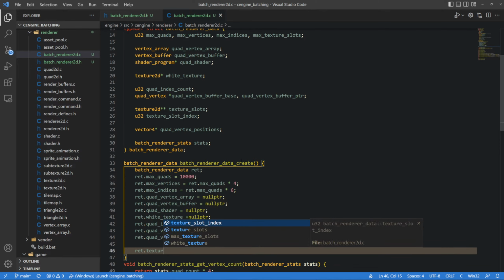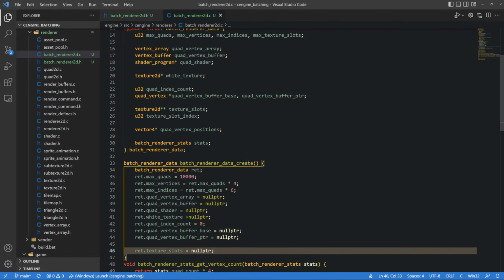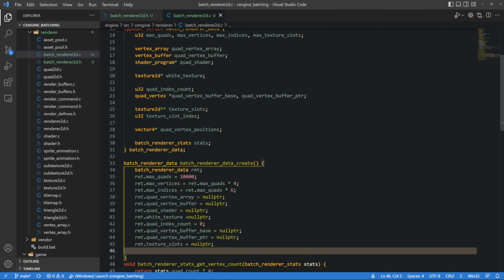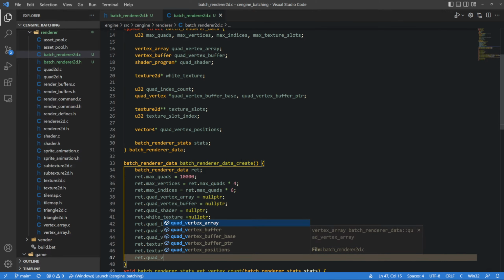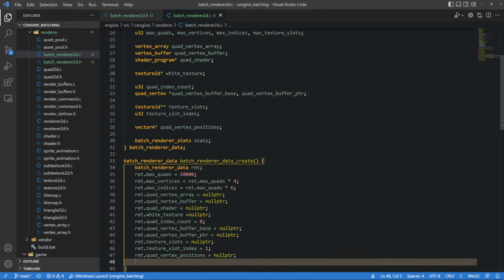And red dot texture slots is equal to null pointer, and red dot texture slot index is equal to 1, and red dot quad vertex positions is equal to null pointer, and red dot stats is equal to,